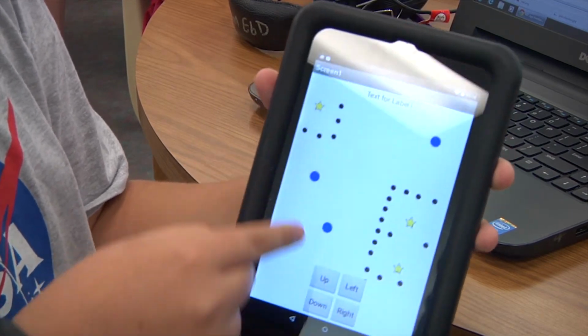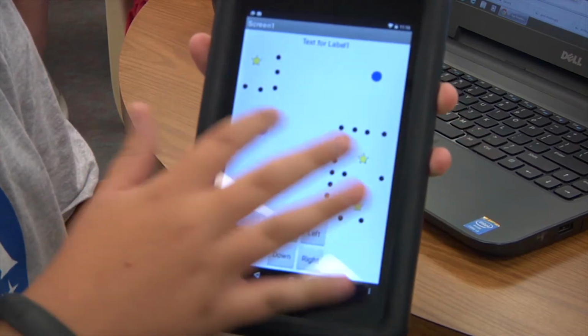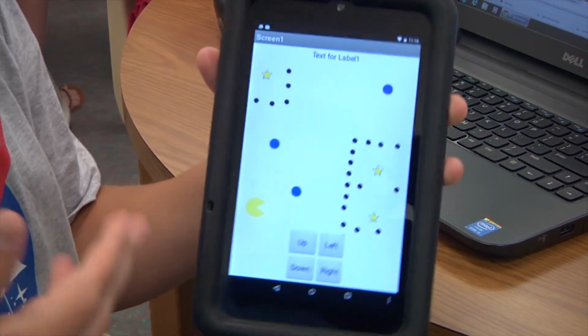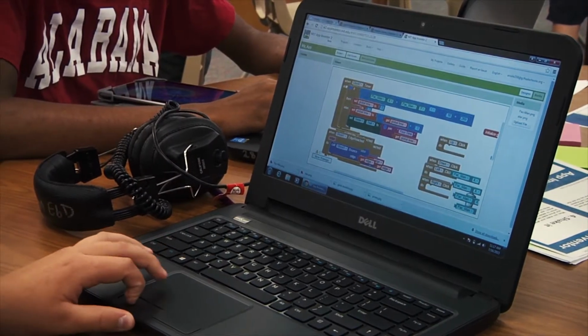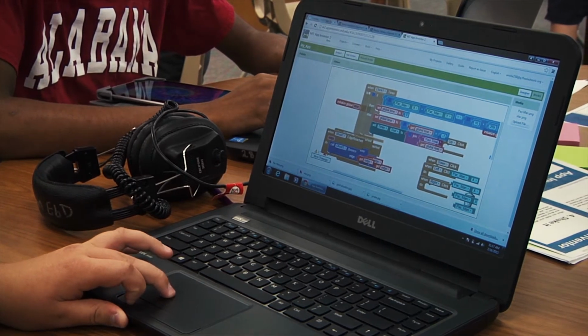And then these, what you might be thinking, are what are those? Those are ghosts, and they'll be bouncing around. And if Pac-Man gets hit by one of those or eaten, he'll lose a life, and then you'll lose and you have to start all over again. I have a timer, and it's going to count down from a minute, and you have a minute to run the entire course.